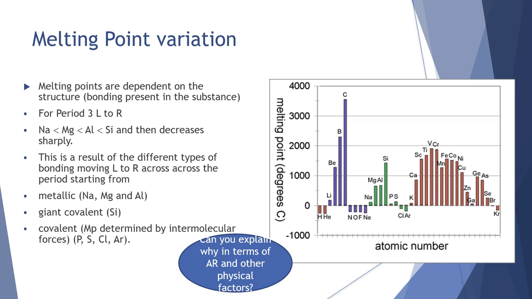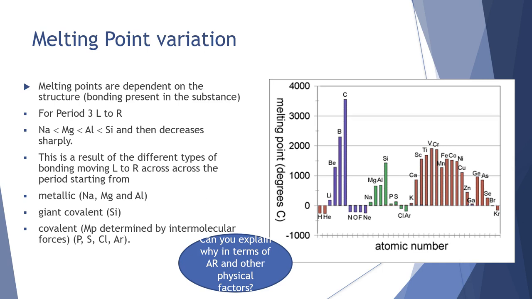So for period 3, as we move from left to right, sodium, magnesium, aluminium, and silicon, we see a general increase in our melting point. This is because these tend to be metals and metalloids. The strength of the metallic bond becomes stronger with the greater the number of delocalized electrons and the smaller the cation. So we said that the cations get smaller as we move from left to right. So we get a much higher charge density in our cations and a greater number of delocalized electrons, so our